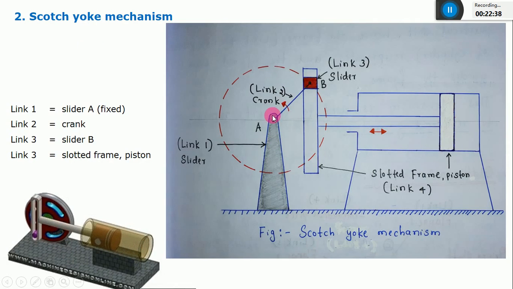So you can see this part, the link 1. As I said, link 1 is nothing but the slider. It is fixed. You can write down. Okay, and this AB is a crank, which is nothing but the link that connects both the sliders. As I explained in the previous slide, the link that connects both the slider A, slider B, is nothing but that connecting link. But in this case, it is rotating in an anti-clockwise direction, so I can call this link AB a crank. Instead of calling it a connecting link, you can call it a crank. And this is a link 3, that is the slider B. And the last one is, it has to be.